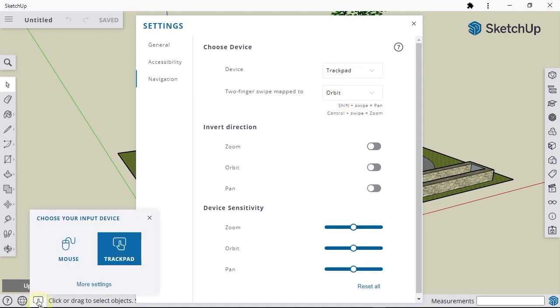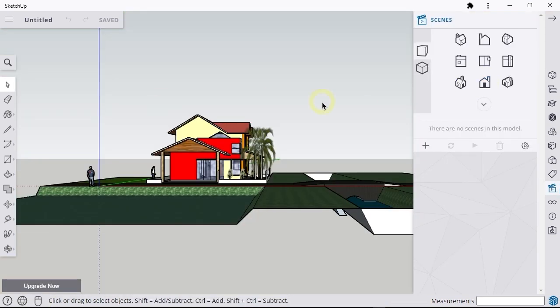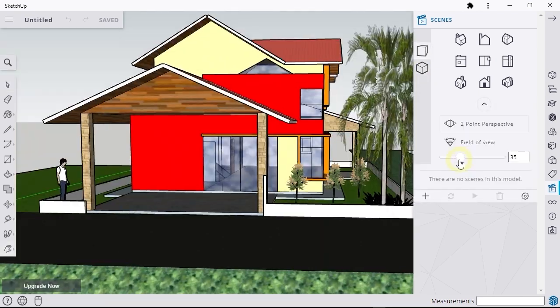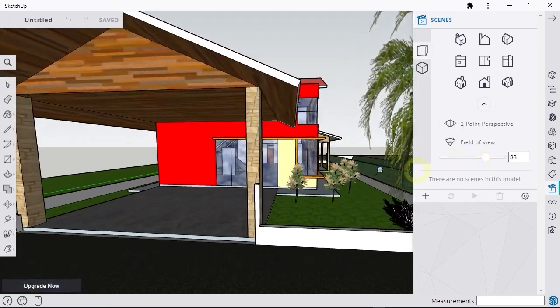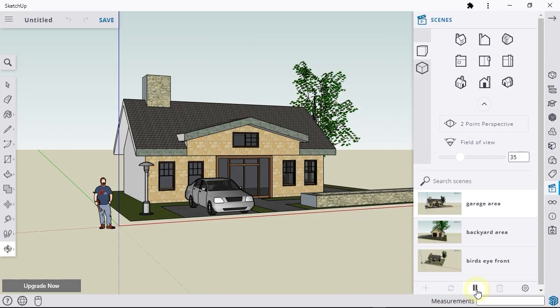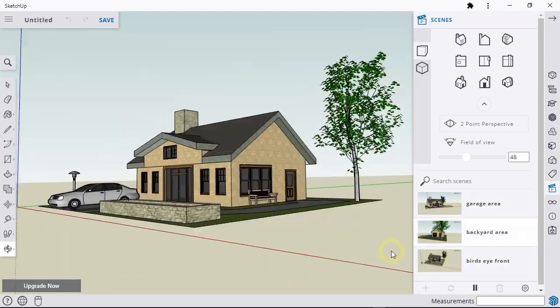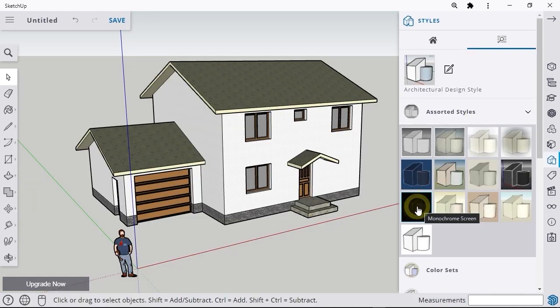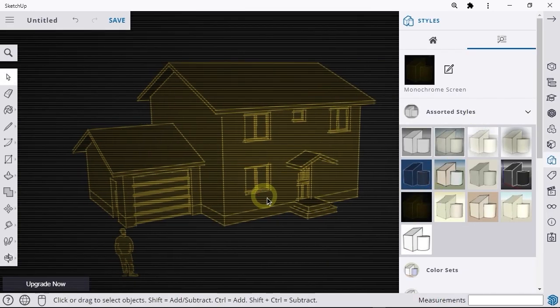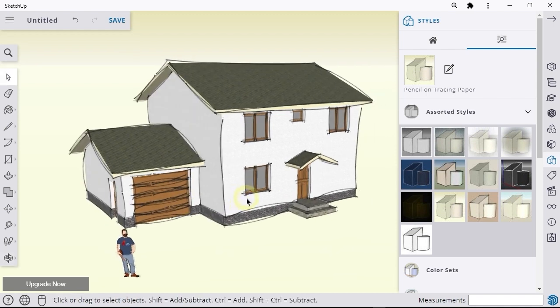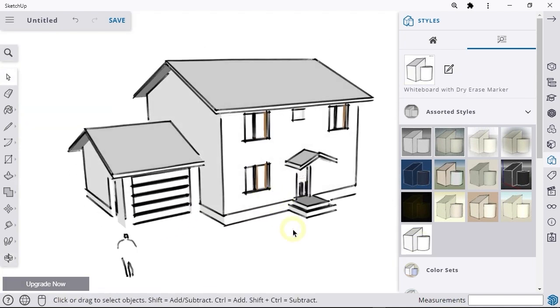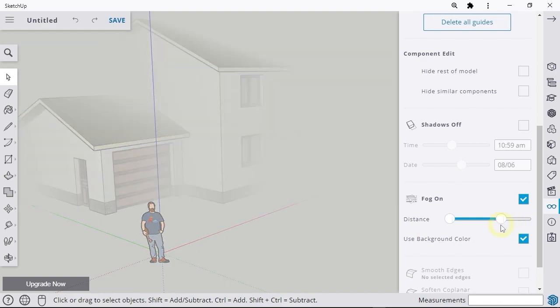You will learn to import 3D models from the 3D Warehouse, then learn how to do navigation and use different types of views. Next, you will learn how to use the scenes feature. And then, we will discuss how to change the appearance of the 3D models using styles. After that, we will discuss various commands related to files, and also learn how to create a custom shortcut.